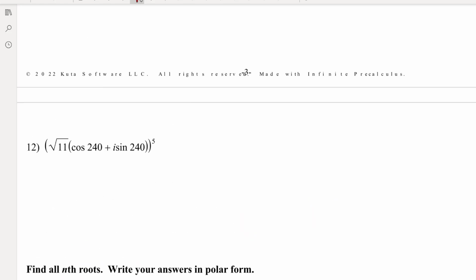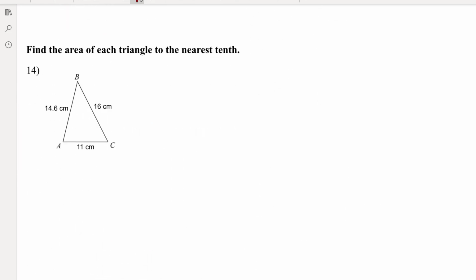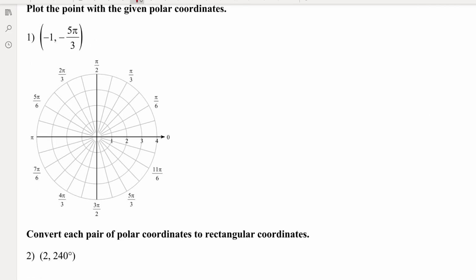Well, actually, I'm going to go back up here and talk about the graphing of the polar. Oops, too far. Okay, if this would have said 1, 5 pi thirds, you find 5 pi thirds, so right here, this angle, and you go to the radius of 1, and then you label it 1, 5 pi thirds. Now, if this would have been 1, negative 5 pi thirds,